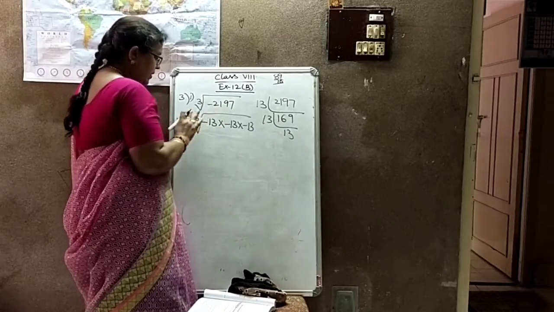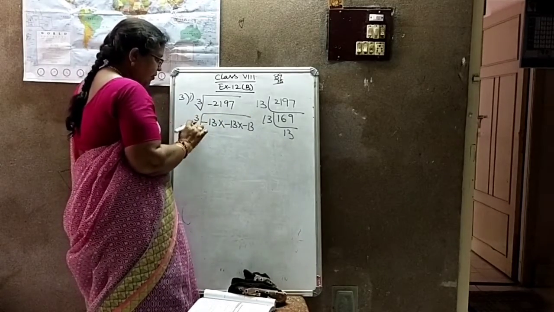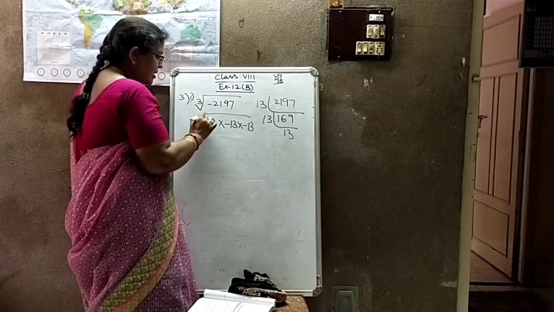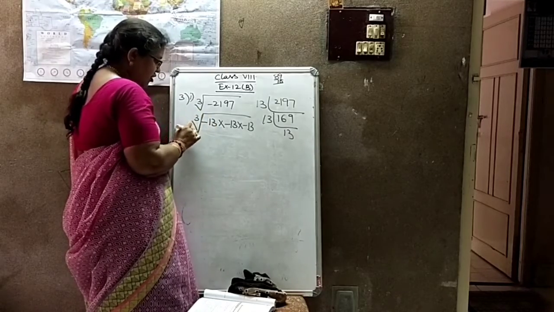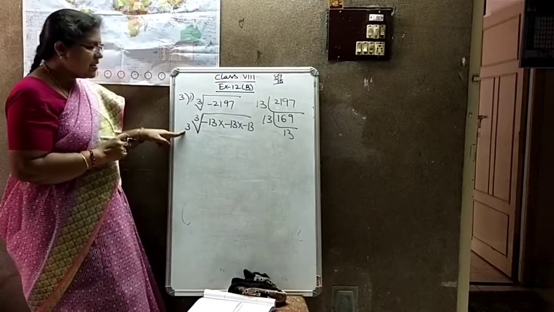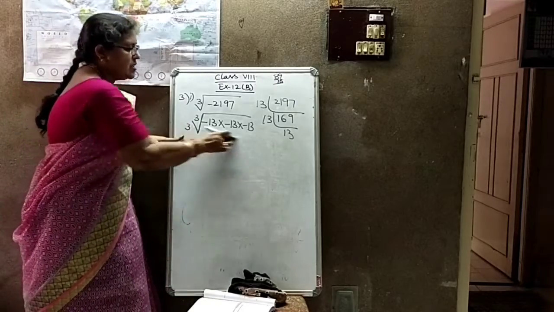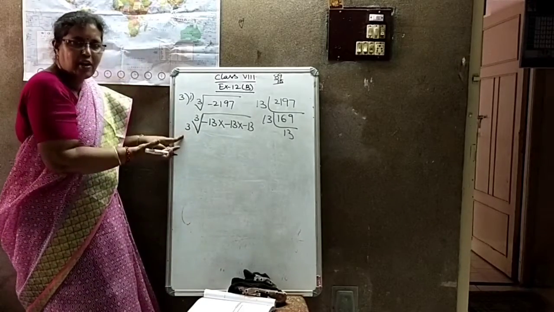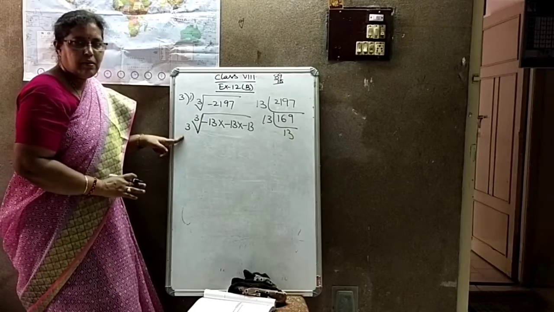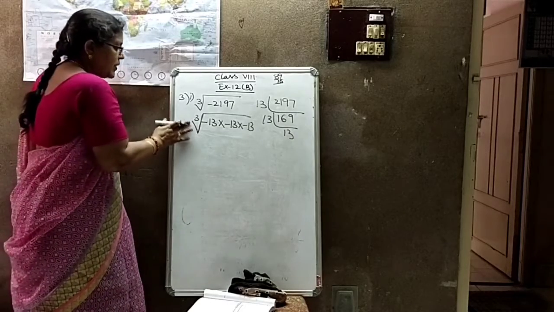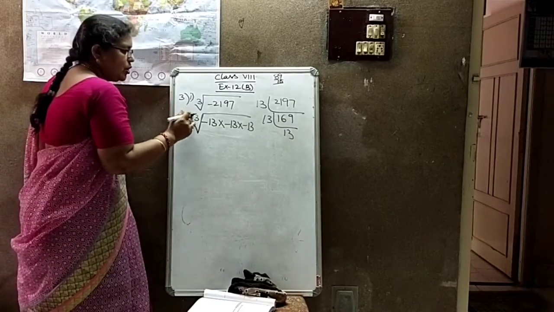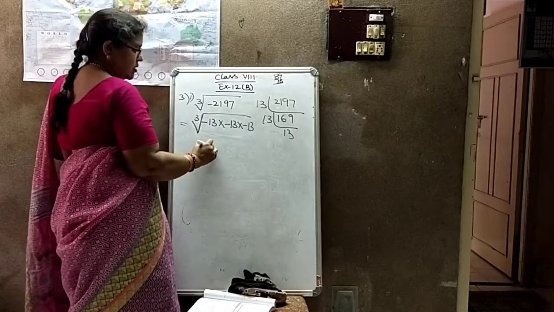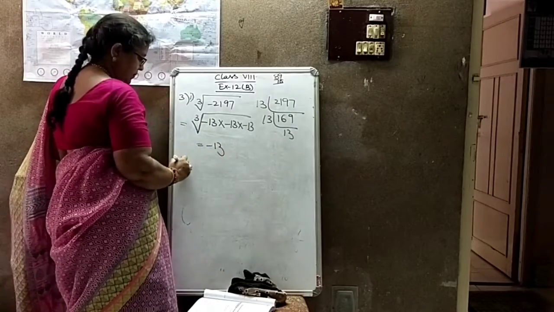And cube root is given here. But the representation, see what I did here: in the symbol I kept 3. I didn't write 3 here. If you write 3 here, 3 into this fact, whatever you are having, that will come. Please don't do that. Okay? So what you will get here, cube root means one time we should take out. This is equal to minus 13.